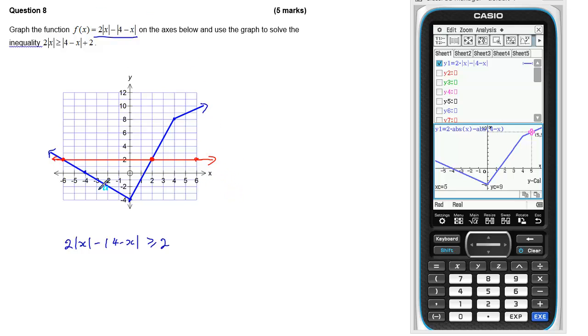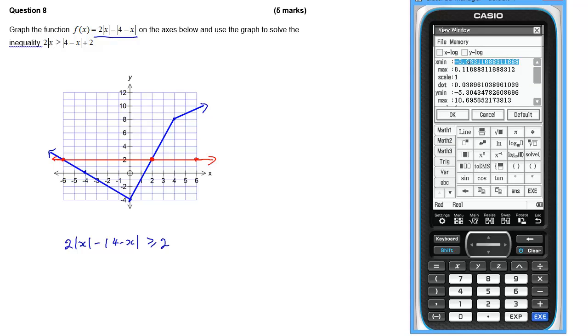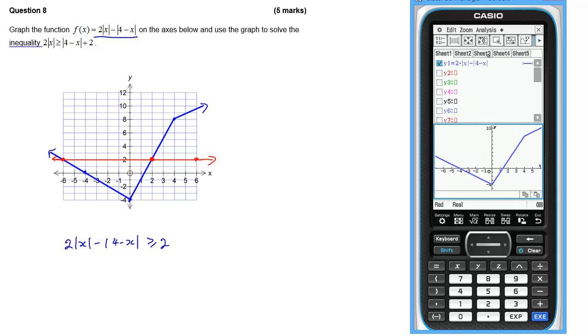So it looks like -6 and 2, but we can always confirm that by, let's just change this a little bit. So let's make that sort of -7. And OK that, and then let's put on y is 2, and then graph both of them, and then analysis, G-solve, and intersection, and there we go, it is at -6, and the blue one is above